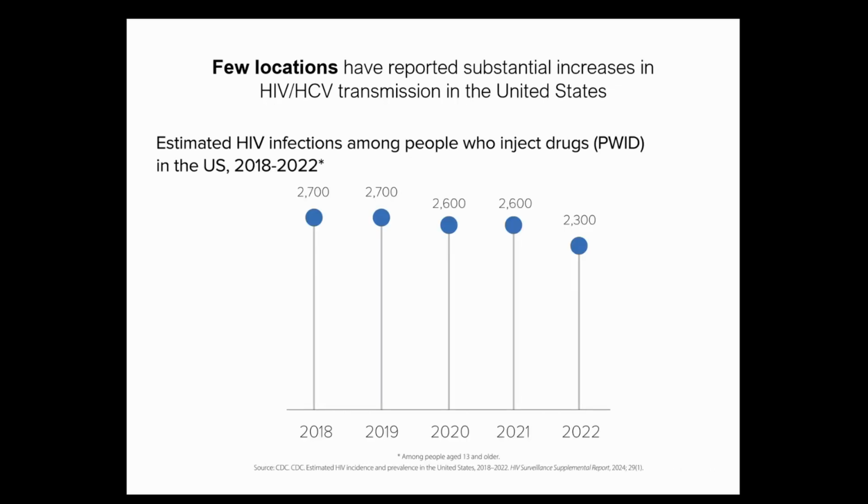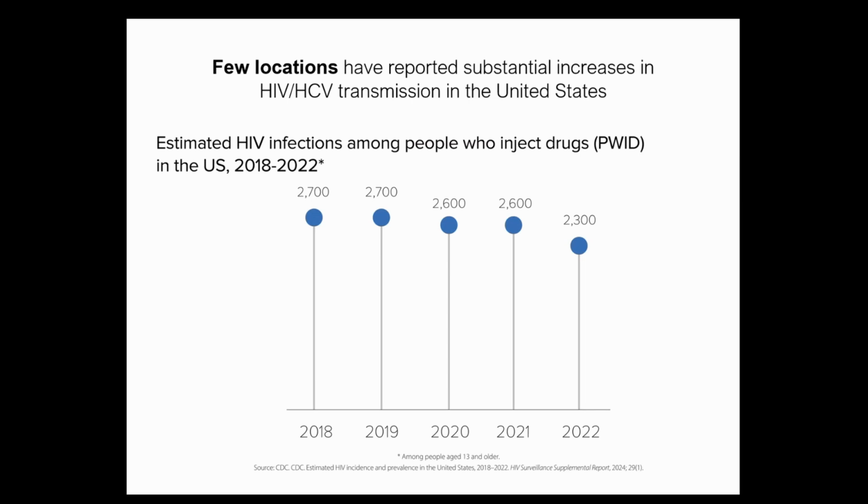But when we actually have looked at the data, as there have been over time, there are fewer and fewer reporting biases. Initially, we thought a lot of that might be reporting biases, but now it does appear that there were actually few locations in the US that reported substantial increases in hepatitis C and HIV. So despite a lot of concern that there would be large outbreaks, there were outbreaks and increases in some locales. But in general, across the US, we did not see a giant surge in hepatitis C and HIV.